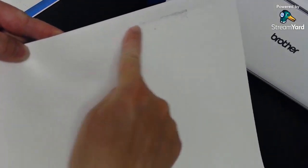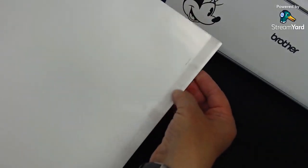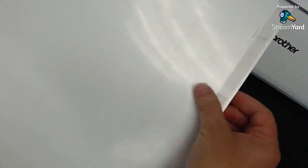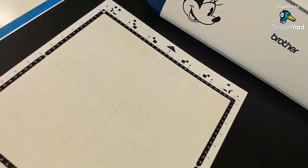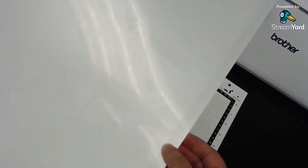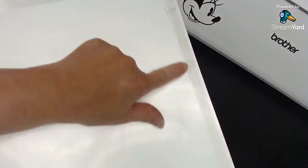Now, see, these mats are both in really good shape, though. They're a little dirty on the back. So I'll do the same thing here once it dries. I might turn this over and take my baby wipe and just give it a little scrub back here, because sometimes if it's dirty back here, it'll cause a problem with the loading. So I'll clean these up a little bit on the back too. Let's take a look at this one. See if this one's not too bad. Okay, so this one's probably okay, but this one needs to be cleaned a little bit on the back